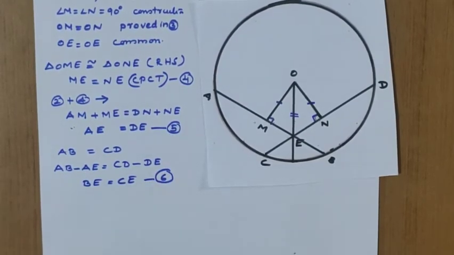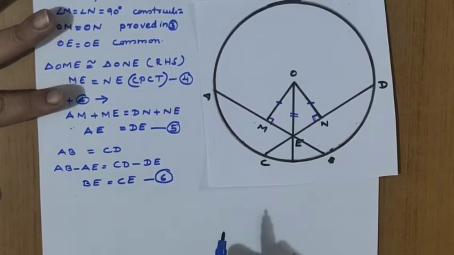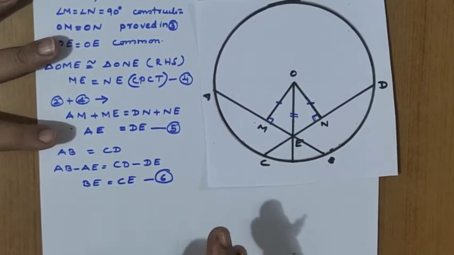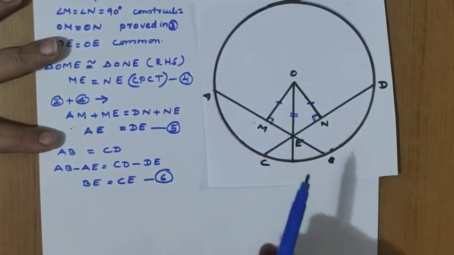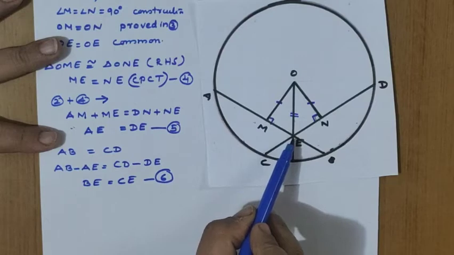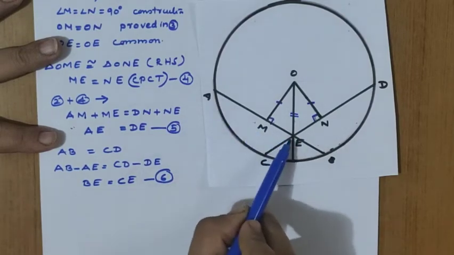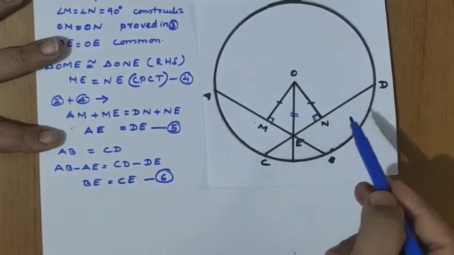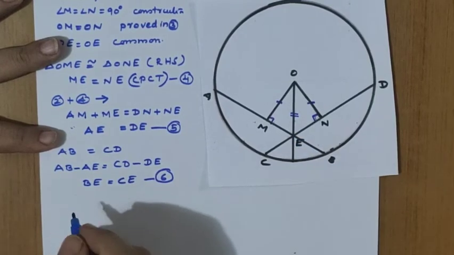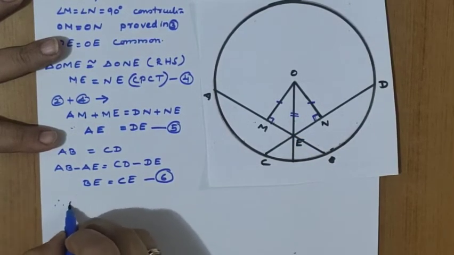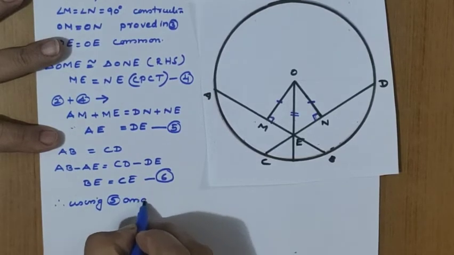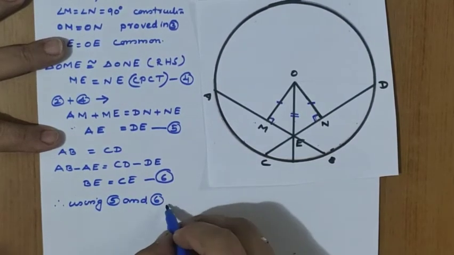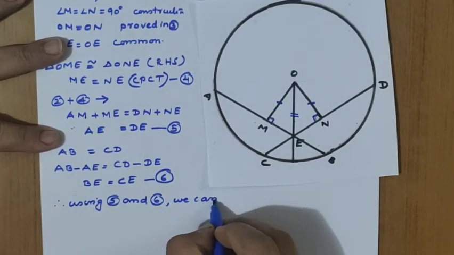So 5 and 6, what is the concept we got here? Corresponding segments are equal. The segments of one chord are equal to the corresponding segments of the other chord. So using 5 and 6, what can we say? We can conclude that